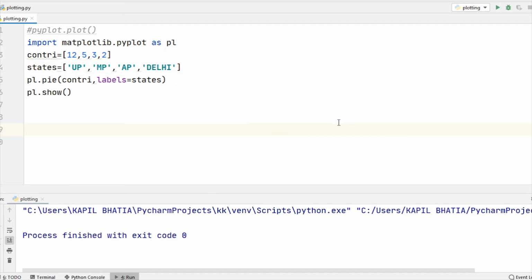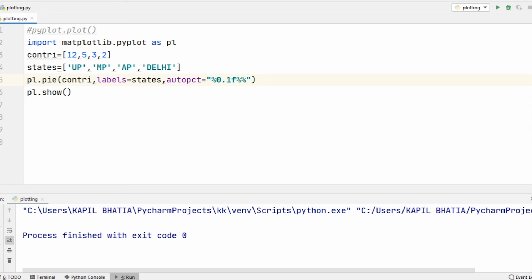Now I am showing you some more keyword arguments that we can use with the pie function. First is autopct. Autopct specifies the format to display the percentage portion of each slice.